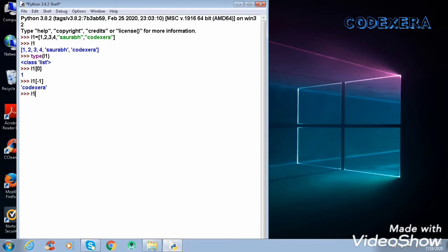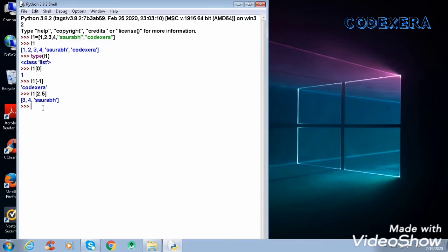Now if we want to slice, we can also do that. 2 to 5 gives 3, 4 and so on, where the indexes are 0, 1, 2, 3, 4. You may be thinking that if we have written 5 here, it should also print 5 elements, because 0, 1, 2, 3, 4, 5. But in slicing it doesn't happen. It always prints one less than the index number we have written. So this is slicing in a list.